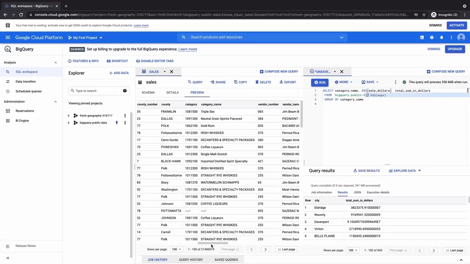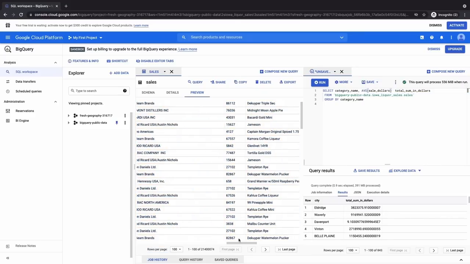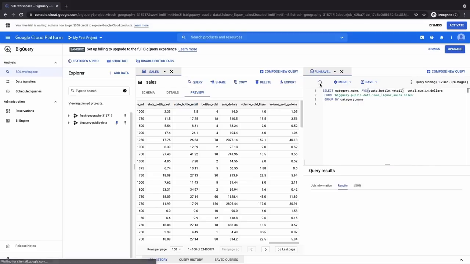Also in this case, we're not trying to find the sales in dollars, but we want to see, for specific items, what the cost of specific items is. So maybe we can use the retail cost, for instance. So what is the average cost of each category, basically. And then when we run this query,